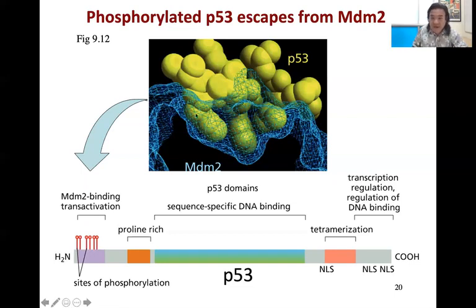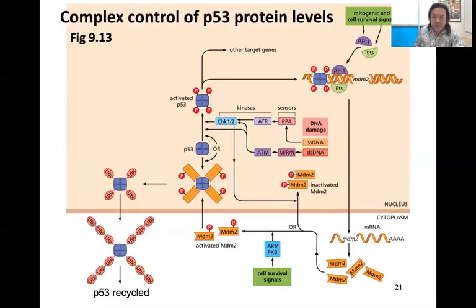But if you phosphorylate some of these p53 residues that are in this transactivation domain, that's the surface here where they're contacting, you mess up the ability of MDM2 to bind to the p53, if the p53 is a different shape here due to phosphate groups hanging on there. So that's how it's done. When the cell needs to get p53 to work, you just have to phosphorylate it in this domain. So this is the last slide for today.